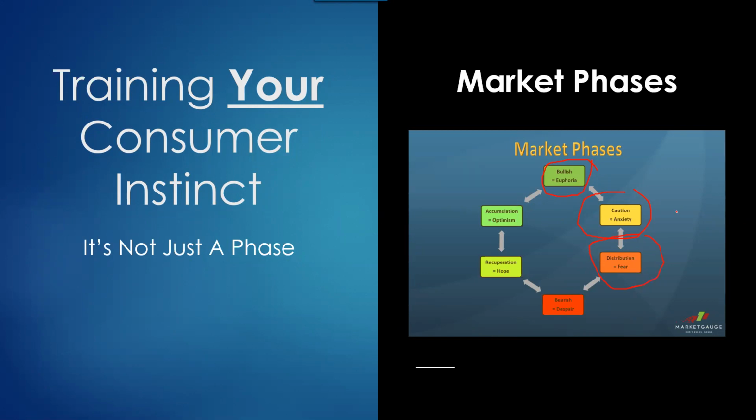What we haven't seen yet, but could be inevitable, would be if things go even worse from there and we go into a bearish phase, or could be a recessionary period, could be a stagflation period, or what have you. And then of course that's when you see the emotion being more in despair.